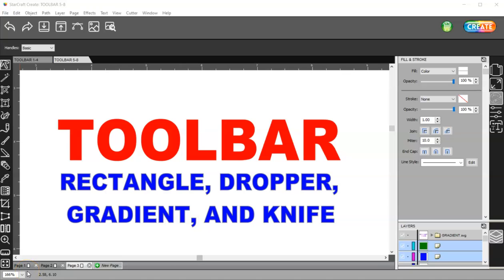In this video, we're going over the toolbar. It's a continuation. We're going to start with rectangle, dropper, gradient, and knife tools. This is the 9th, 10th, 11th, and 12th tools down from the top on your toolbar. So let's go ahead and start with the